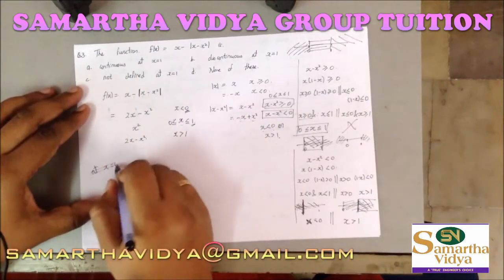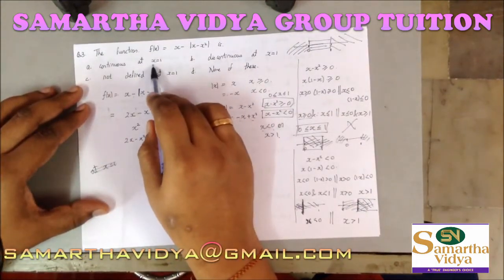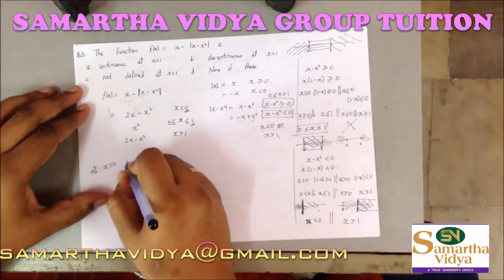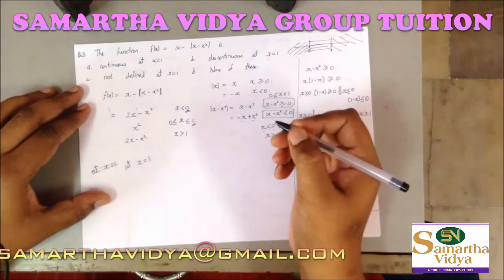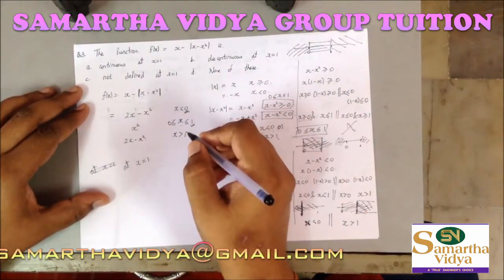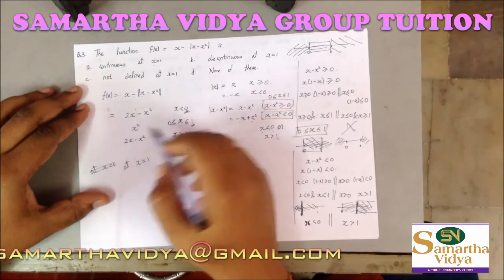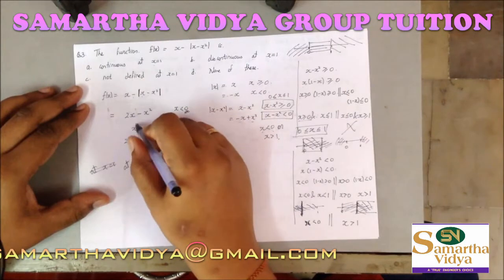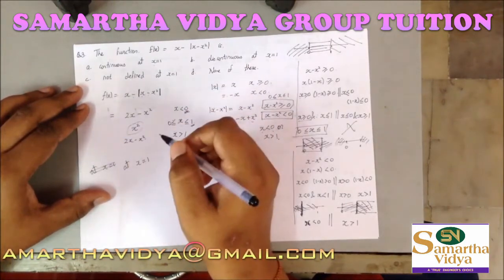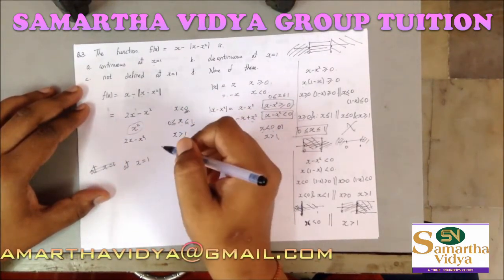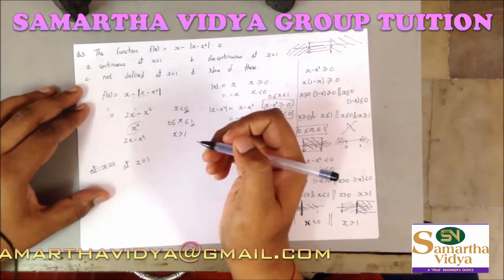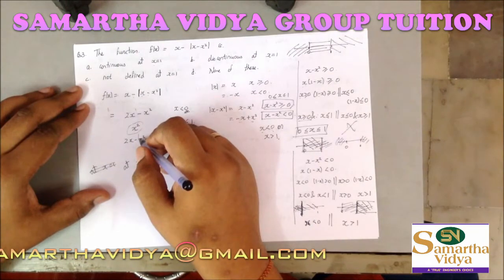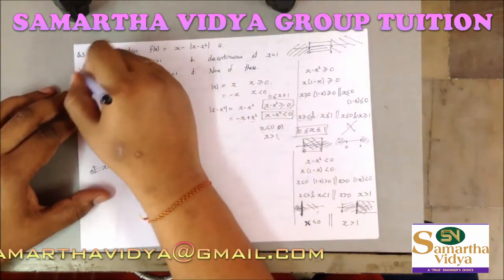So basically now you can see from the options themselves that they are just talking about x equal to 1. So I'll be just checking at x equal to 1. If I check for x equal to 1, I need to just substitute the value of x as 1. So you can see if I substitute 1 in this particular function, I get 1. If I substitute x as 1 in this also, I'll be getting 1. So for both of them we are getting values equal to each other. That means the function is continuous at x equal to 1.